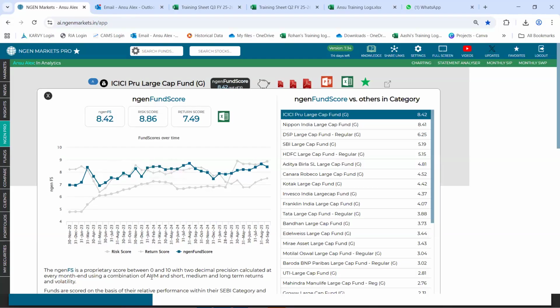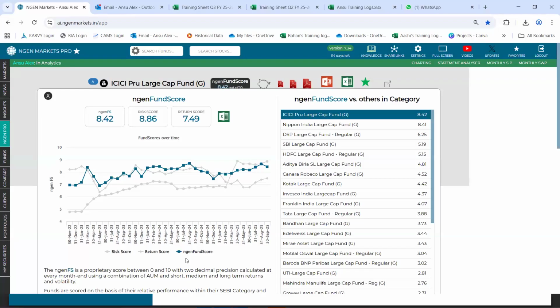In addition to these quantitative parameters, we also have one qualitative parameter, which is the age of the respective fund. That is to say, a younger fund would have a lower score when you compare it to that of an older fund, because the younger fund does not have enough data to prove its performance in the market.